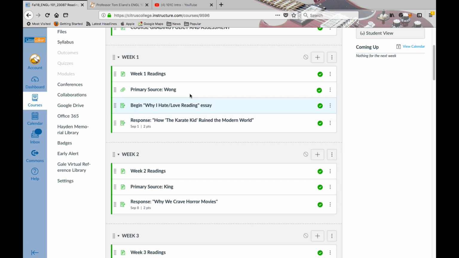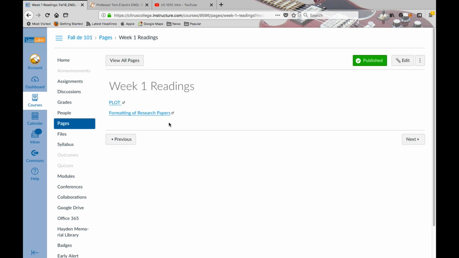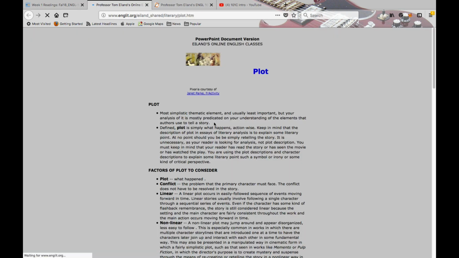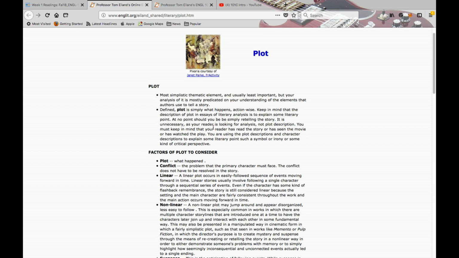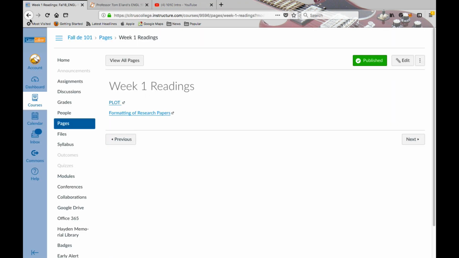For the calendar itself, you have these various sections. One part is going to be readings, and those readings are going to be linked back to Englit.org, and you're going to be getting formatting and discussions of, again, what a paper looks like, the content that I'm looking for, etc. But also elements discussing how literature works. And so, for example, we discuss plot, or we discuss character, etc. It's going to give you some of the terminology that we expect you to use in your literary and other